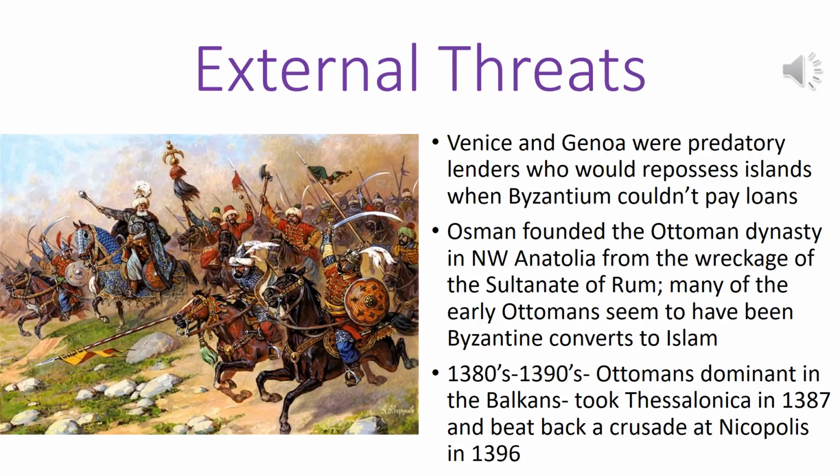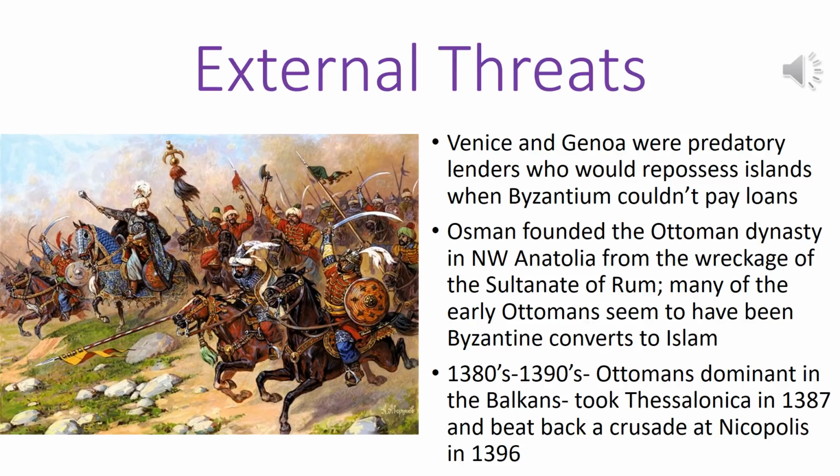And many of the early Ottomans who followed Osman and his early successors seem to have actually been Byzantines who converted to Islam. Now, this is a bit controversial. They may have just been regular Turks, but it looks like some of them were actually converted Byzantines. And that would actually explain a lot about how the Ottomans really take up a Byzantine-esque identity from an early stage. And in fact, when we talk about the Ottomans, we'll see that they claim themselves to be the Third